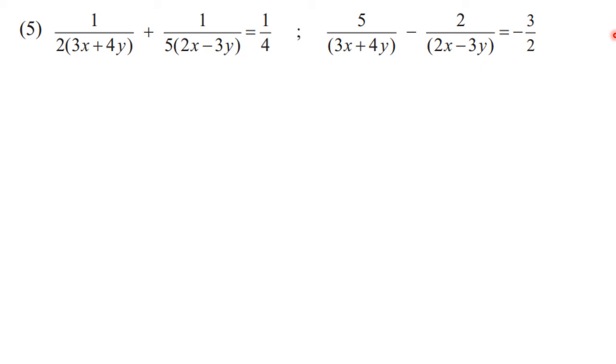Okay. Such sums we have done in practice set. So I hope you will be able to do it. Still, if you have problem, then you can ask or I will solve for you. Okay, but first you try. If I am giving the solution of each and every question, then you are not going to try by yourself. So all of you please try it, and if it is not possible for you, I will definitely guide you. Okay students, so let us go further now.